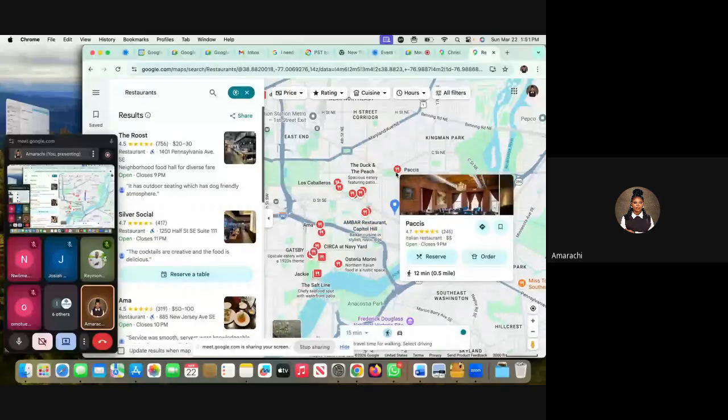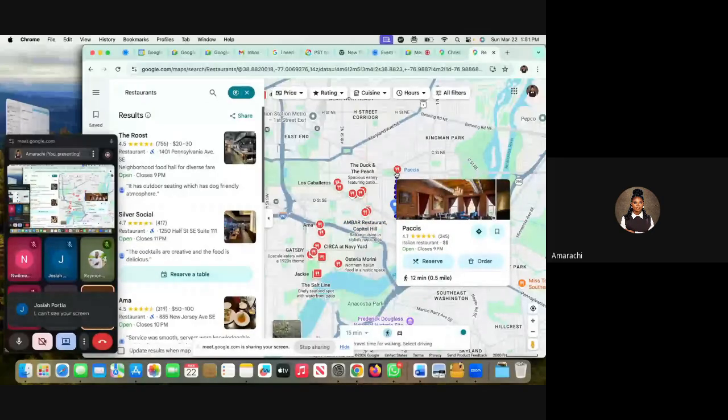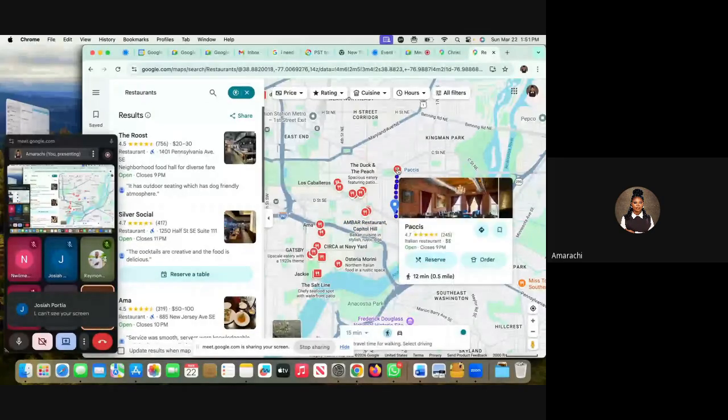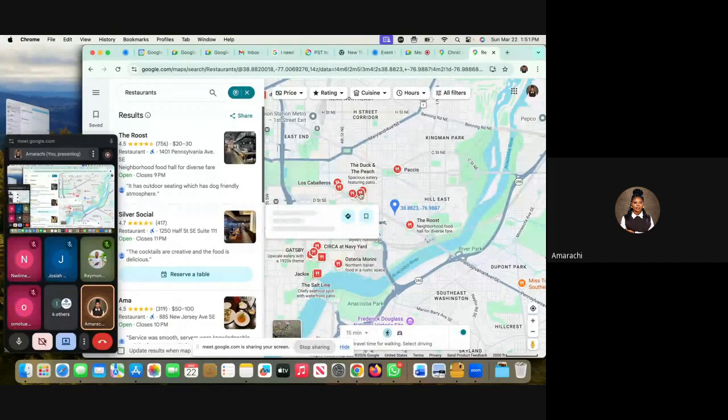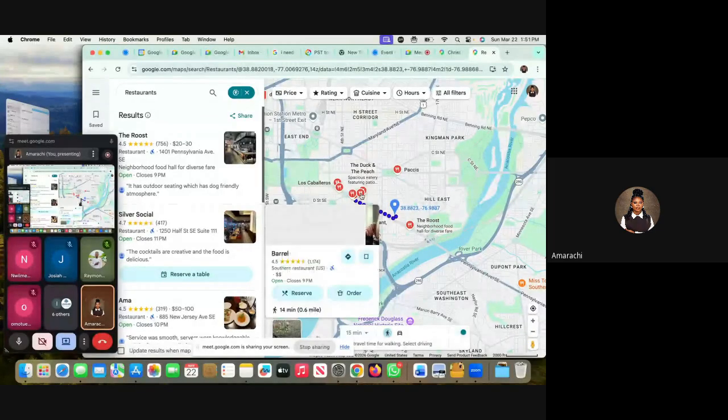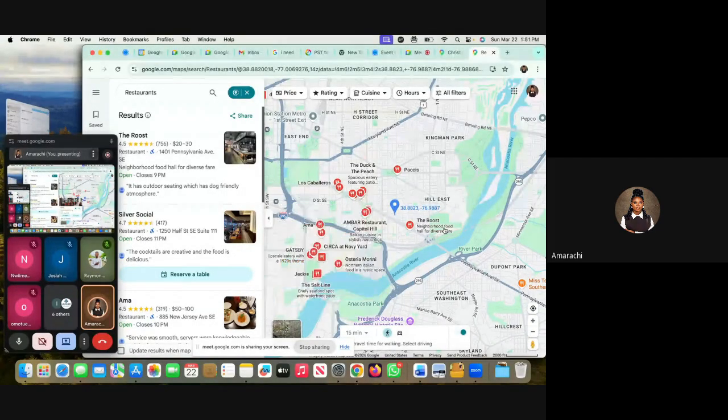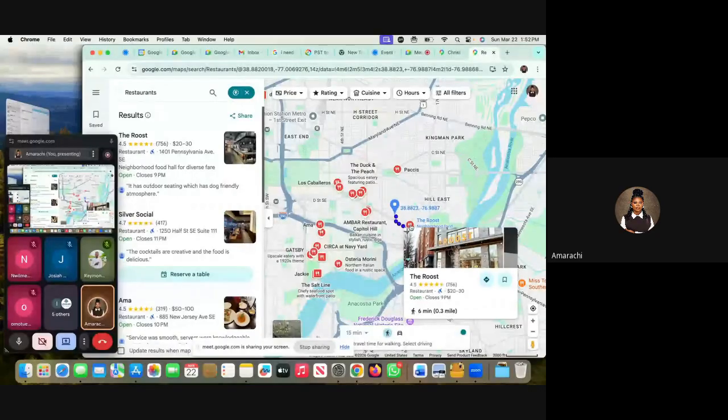And if you guys have noticed, we checked passes. It says how many minutes again? 12 minutes. We've checked Amber. Amber says 11 minutes. We've checked the Duke. It's loading. The Barrel rather, is giving us 14 minutes. So the closest is the route, which is 6 minutes. So what do you do? You just click on it,